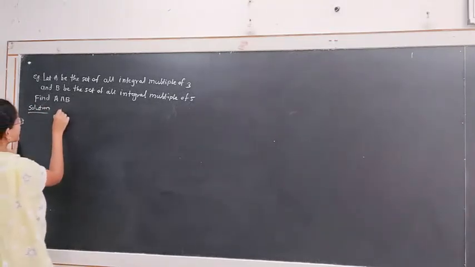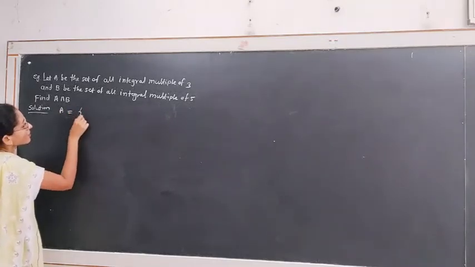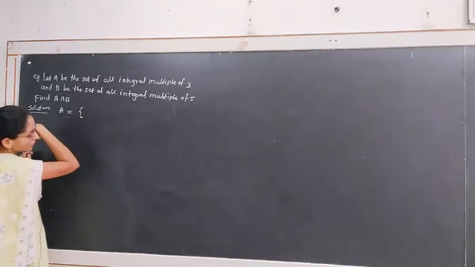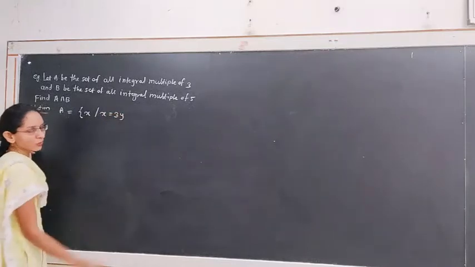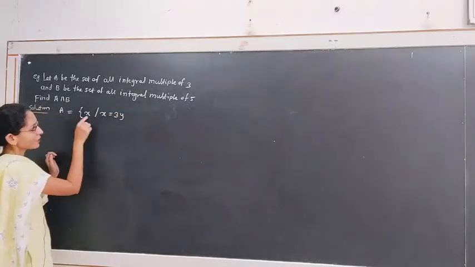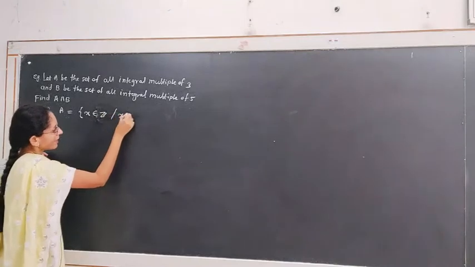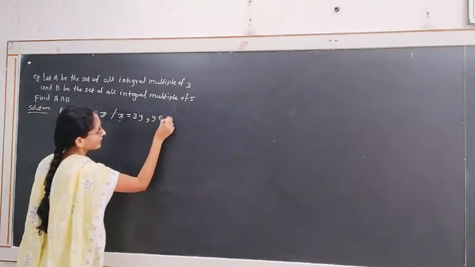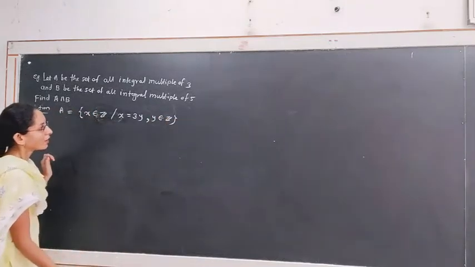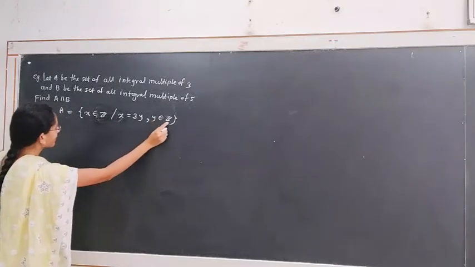A is the set of all integral multiples of 3. Means we consider A is equal to the set of all elements X where X is equal to 3 into Y. A is the set of all integral multiples of 3, means A consists of integers, that is X belongs to the set of integers where X is equal to 3Y and Y belongs to integers also. For Y belongs to Z,